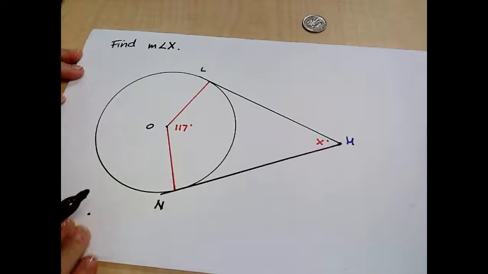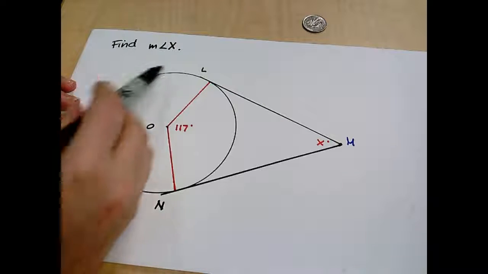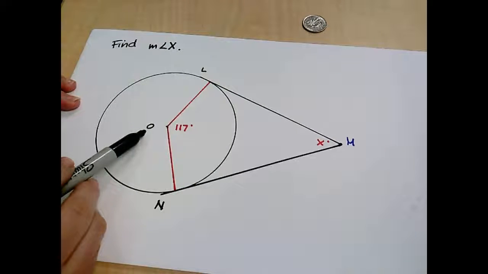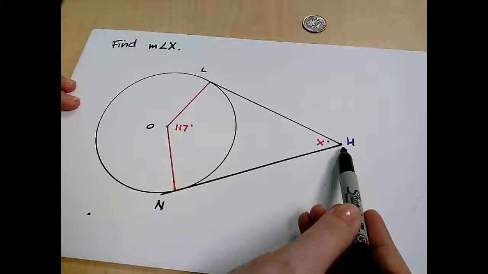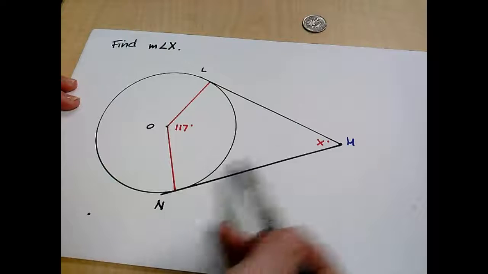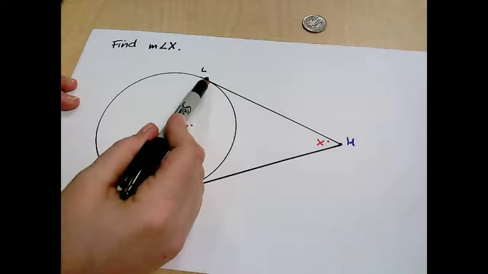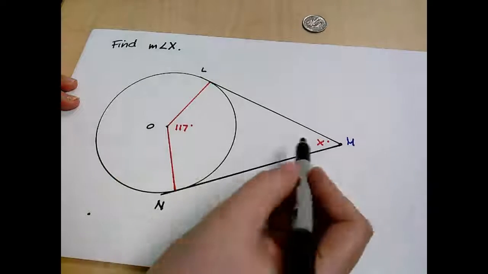So let's talk about one of the first types of problems you might encounter when you have tangents to a circle. You can notice here that I have my circle O, which has a center at point O, and then it has a point out here in space labeled M. Then it has 2 tangent lines, one at NM and a second tangent line at LM. And we know that both of those are tangent lines because it was given to us. The question for us becomes,